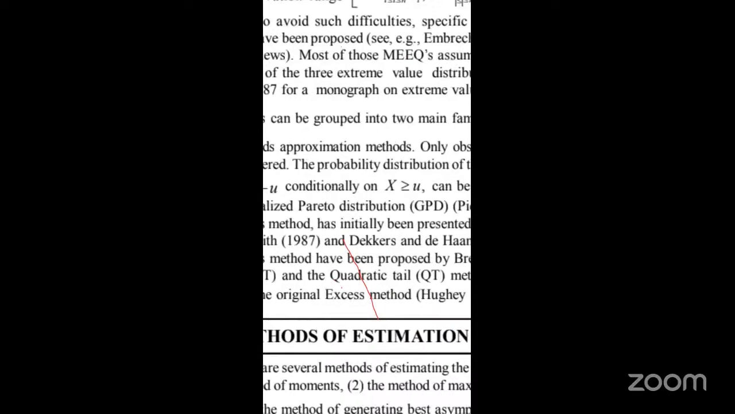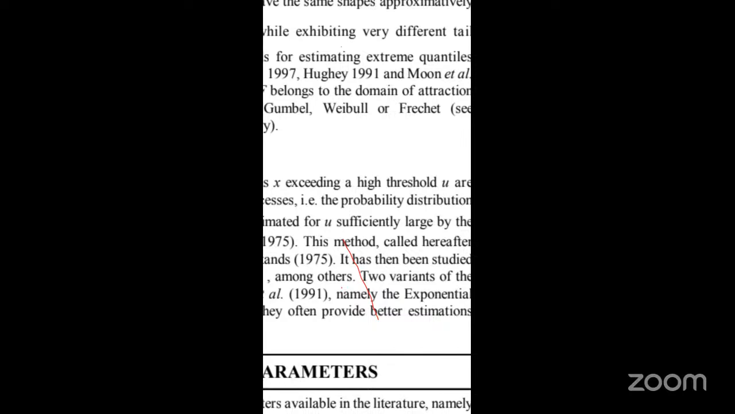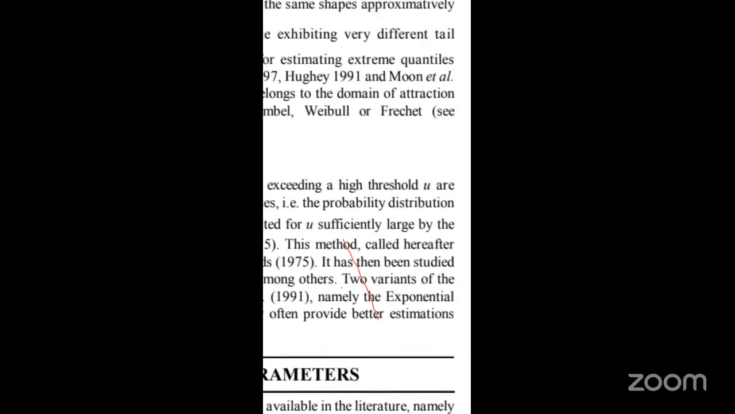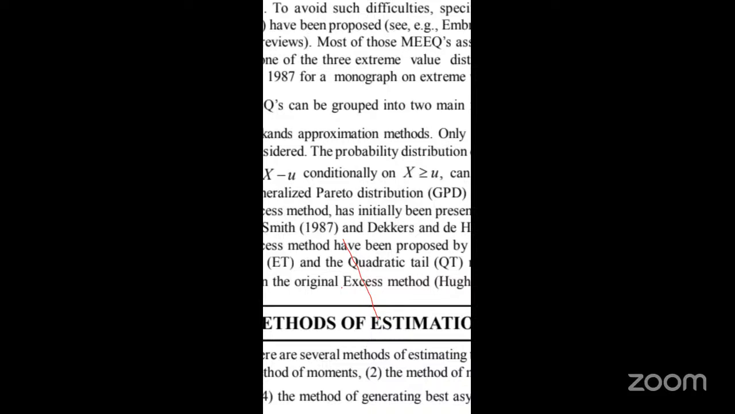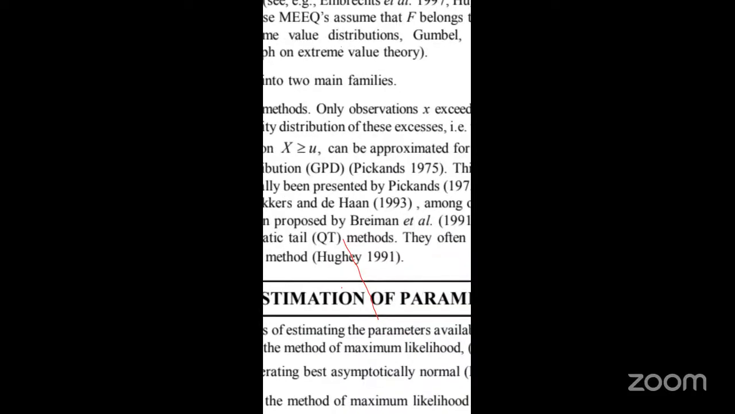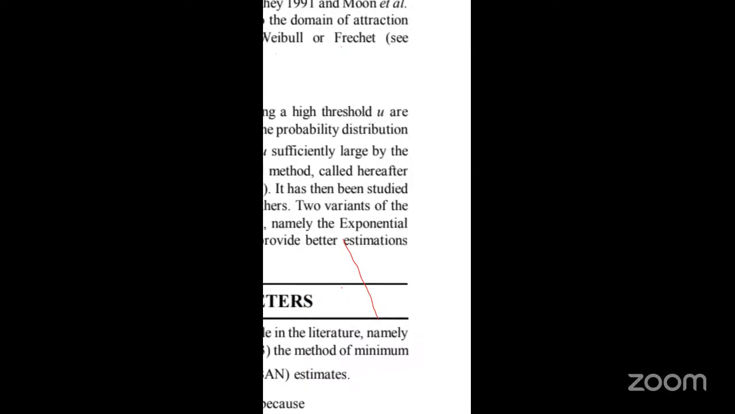Most of these methods assume that F belongs to the domain of attraction of the extreme value distributions: Gumbel, Weibull, and Frechet. These methods can be grouped into two main families. In Pickands' approximation method, only observations x exceeding a high threshold u are